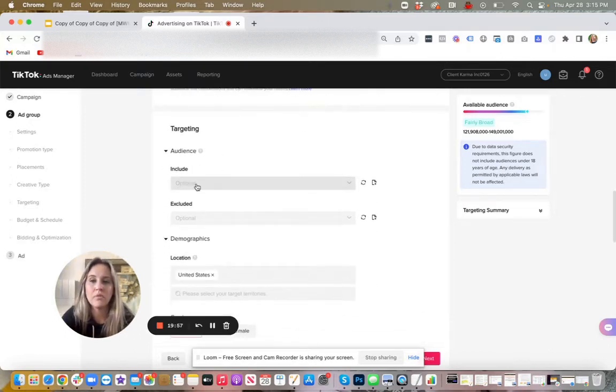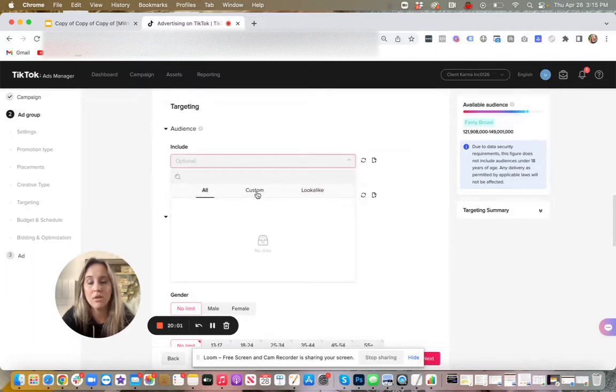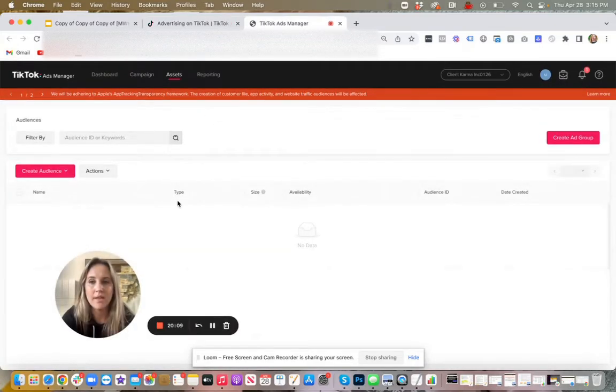Targeting. So here you have this include and exclude. You can do custom audiences and lookalike audiences. However, the type of custom audience that you can do is actually not the same as just an email list on Facebook, for example.